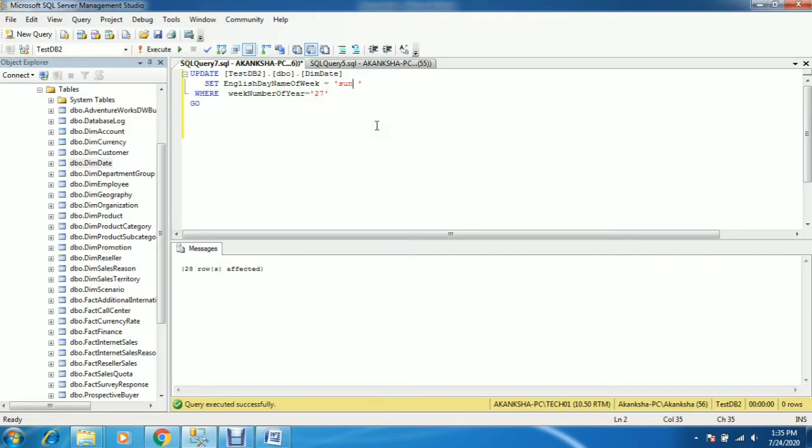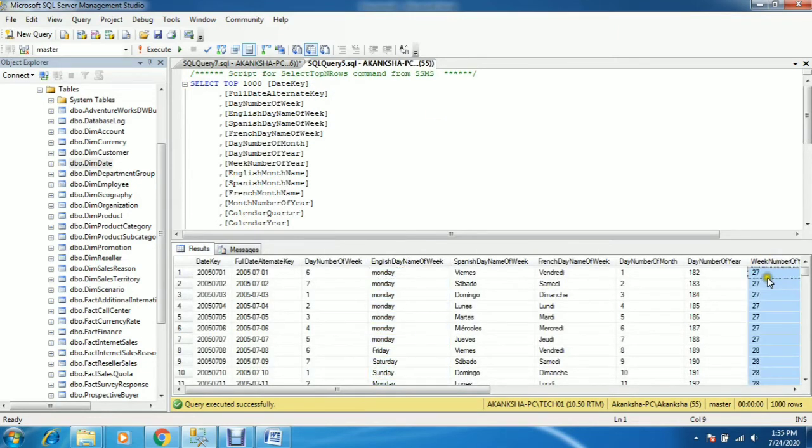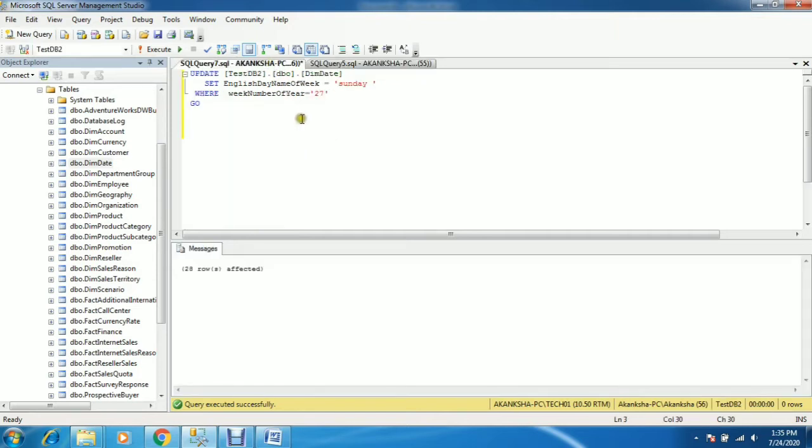Monday I can replace with Sunday, and I have used a where clause where the week number of year equals 27. I think this many rows will be impacted. As of now the data is Monday and I replaced it with Sunday. Let me execute this query. As you can see, 28 rows affected.